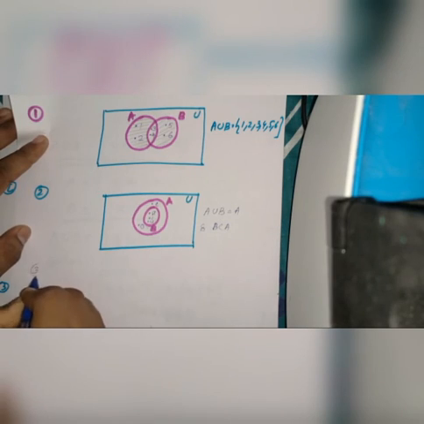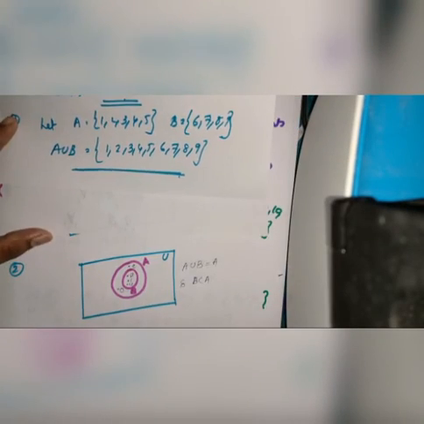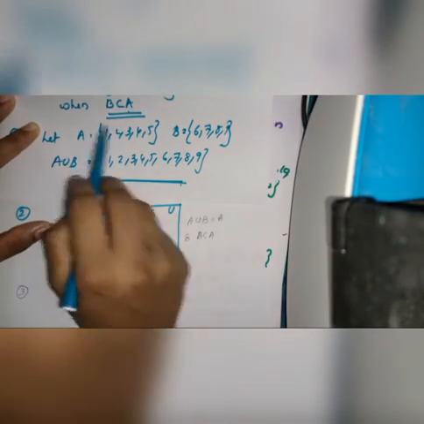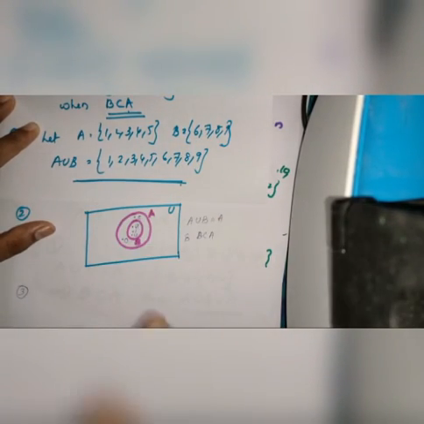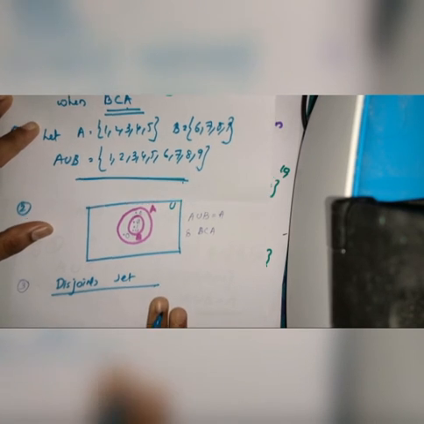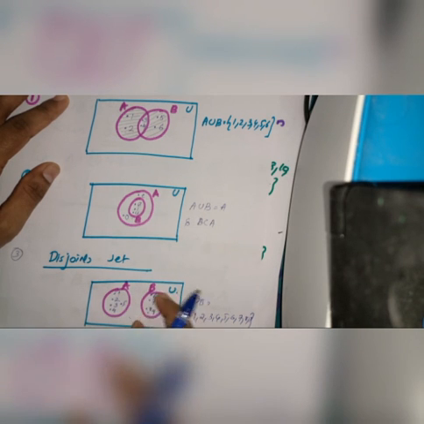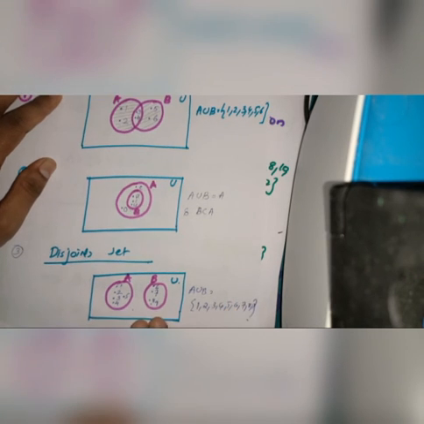Okay, so the third example. In the third example we have two sets A and B, and there are no elements common to both sets A and B. So this is known as a disjoint set. How is a disjoint set represented in a Venn diagram? There is no overlapping because no element is common to both sets. So we draw two circles separately without overlapping and mark the elements of A here and the elements of B here. A union B is a set consisting of either the elements of A or B, combining all the elements of A and B.